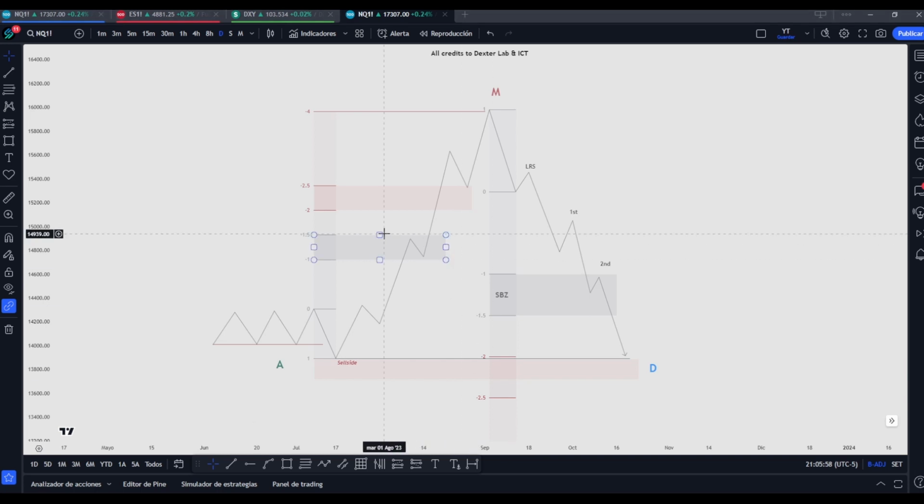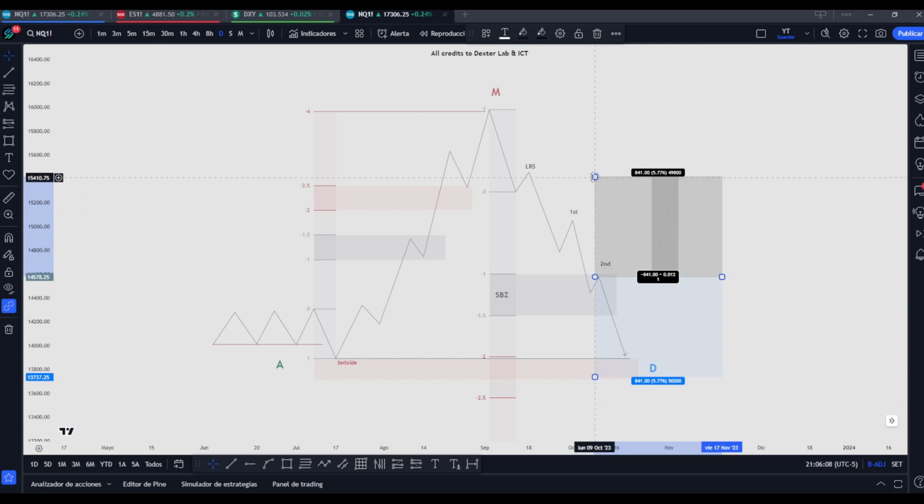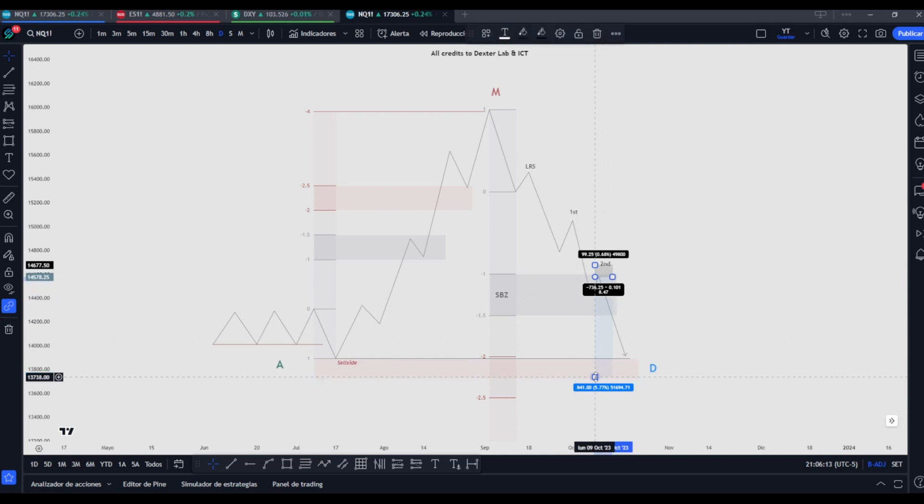So our second zone is less 2 and less 2.5. So let's say we have now placed our trade inside some inefficiency right there, and we will now be searching for an expansion to the sell side, as we're on a market maker sell model, or AMD, bearish AMD example. We will be expecting some expansion to less 2 and less 2.5 deviations. What can we expect on this less 2 and less 2.5 deviation? We can be expecting some